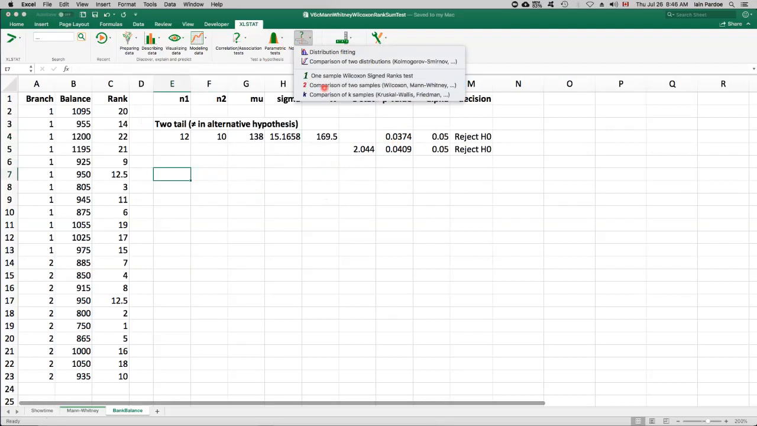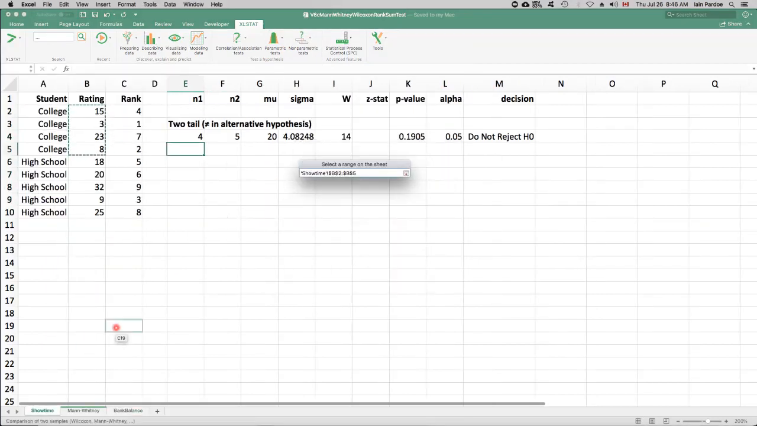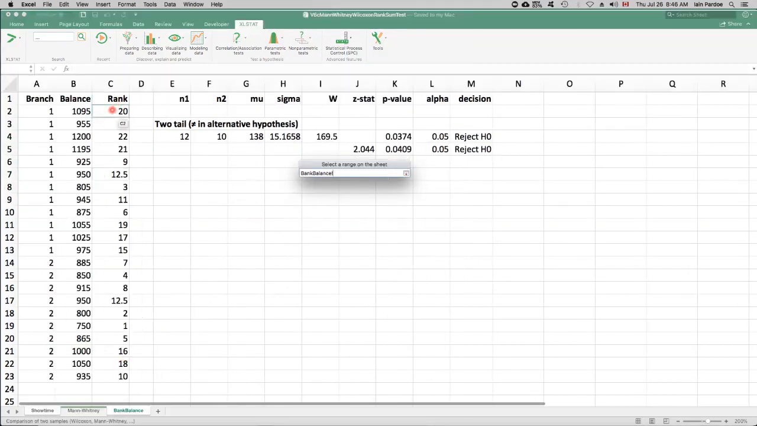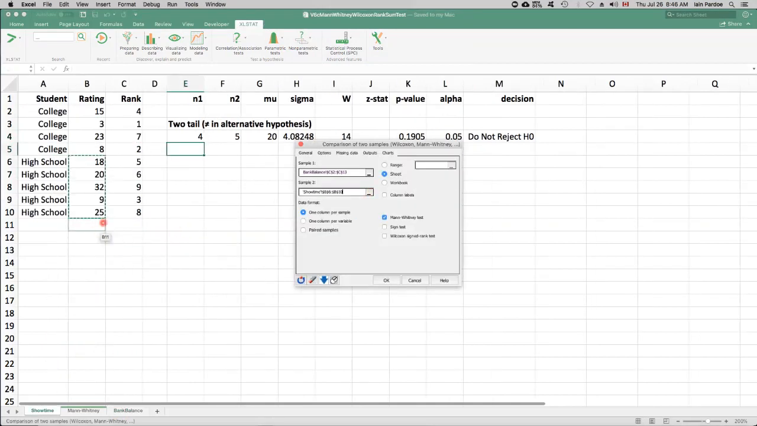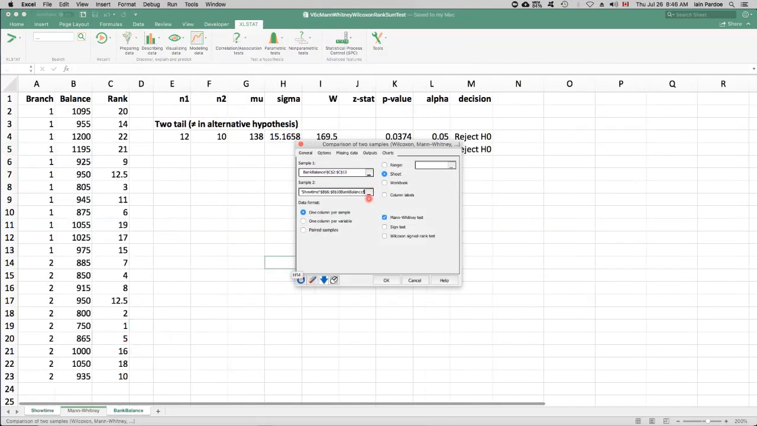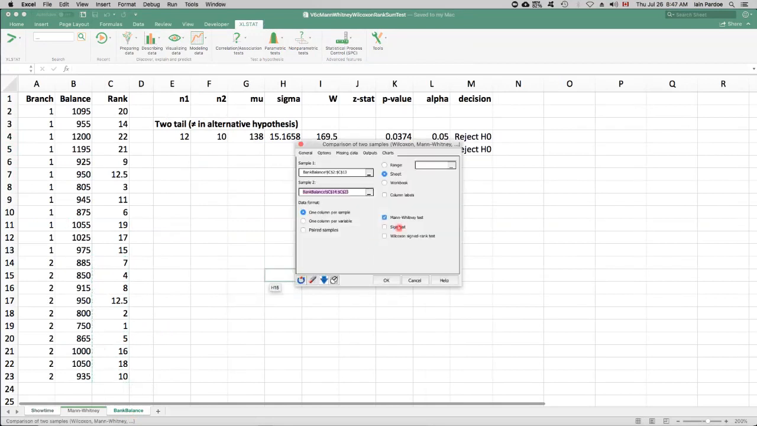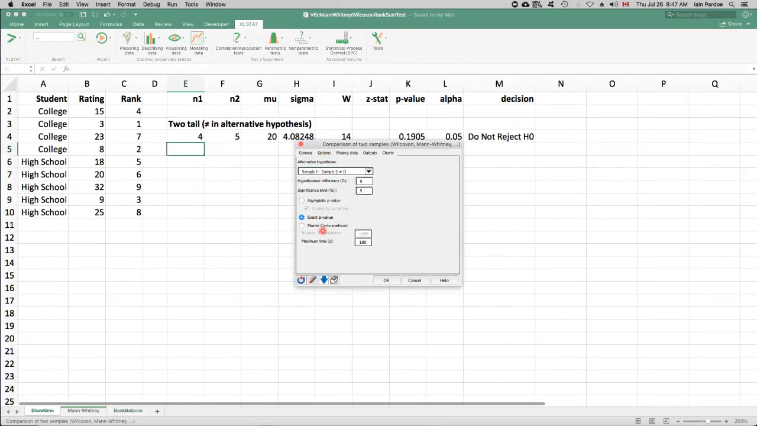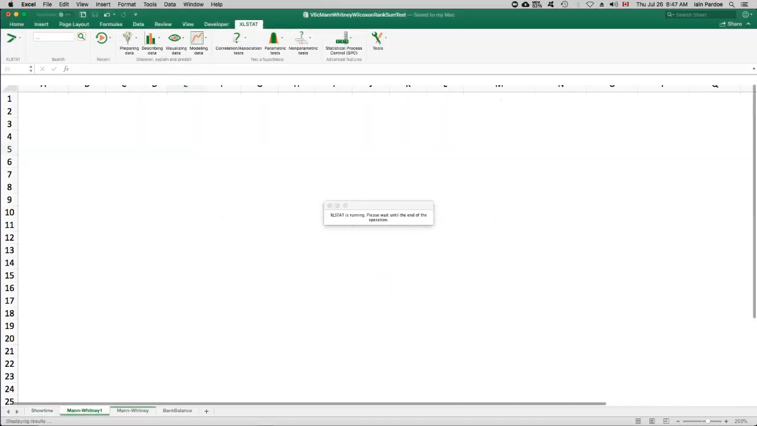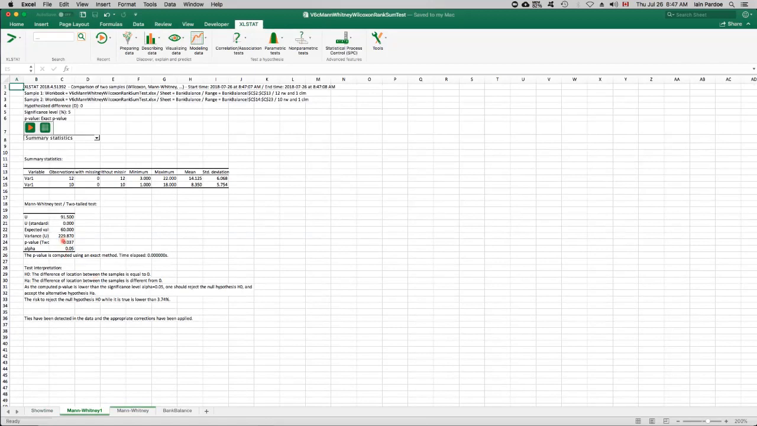So let's pick our samples. And then we'll let the test run. So we're in the bank balance sheet, working with these ranks for sample 1. And these ranks for sample 2. Do a Mann-Whitney test. Now let's get the exact p-value. And it comes to, let's make this a bit bigger,